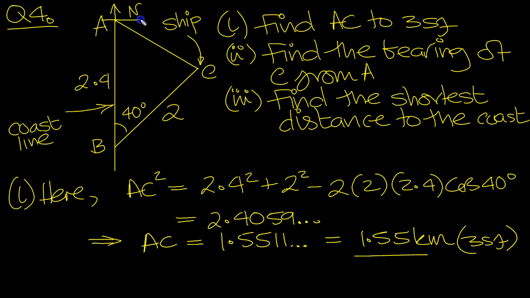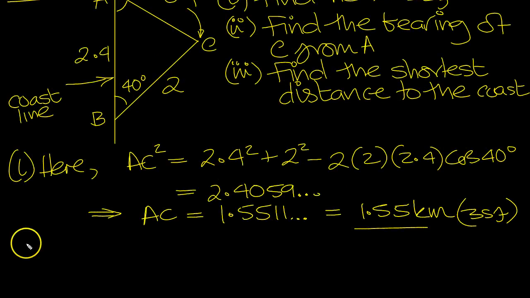So here's A, there's north. So what's the bearing of C from A? Well, we need this angle here, don't we? So let's get this angle. Okay, so we know this distance now over the angle. Use the sine rule then, for part 2. Using the sine rule